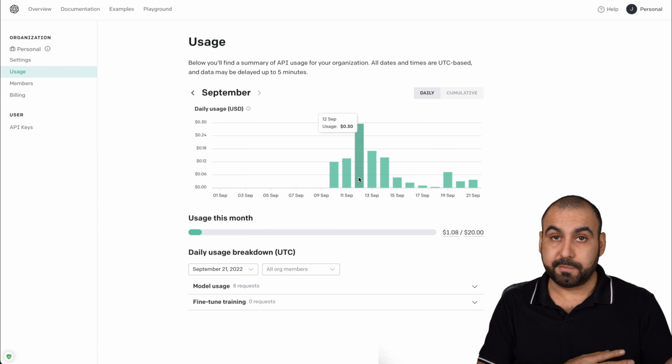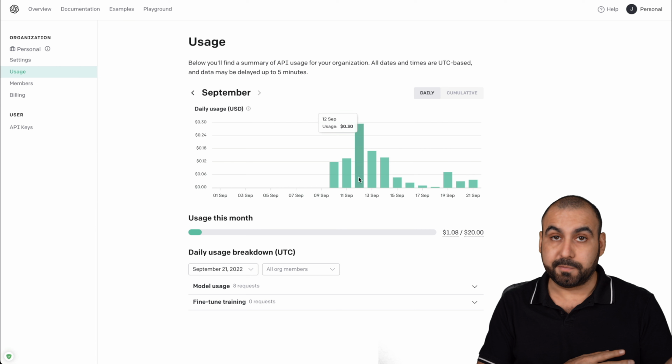And the first thing that I want to show you before we actually build something is how can I cap how much I want to spend a month? Because we don't want to go crazy, or we want to be aware how much we're spending, because we don't want to go overboard, I don't know, $20, $100 a month, etc. Head on over to the top page here, and we're gonna go into Manage Account, and then into Billing. So inside of Billing, we have the usage limits. Here's where you're going to set it. So for example, hard limit would be $20. In my case, I don't want to use more than $20 a month because I don't actually use this a lot. And soft limit, $10. So do set that up when you create your account.